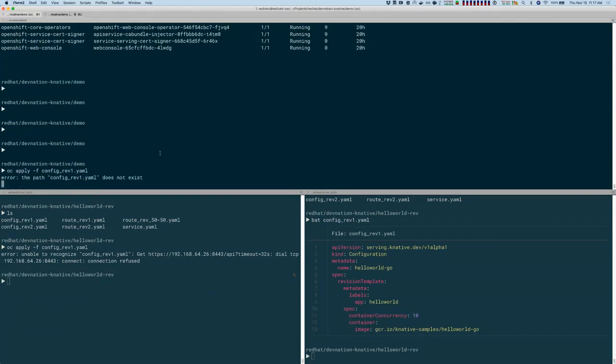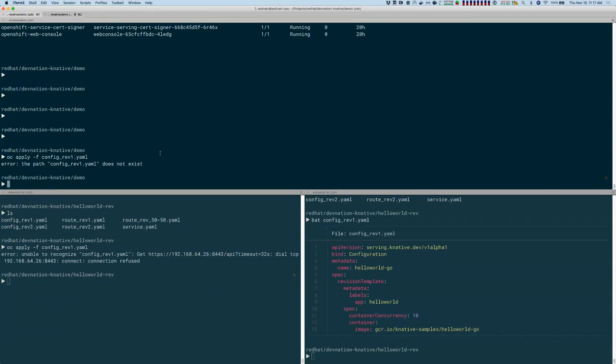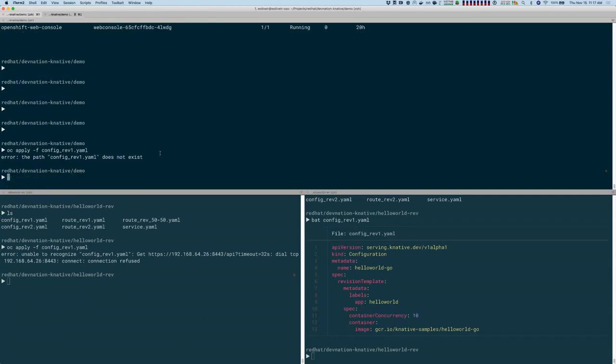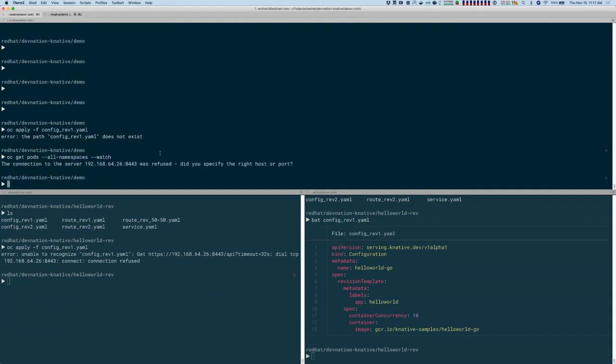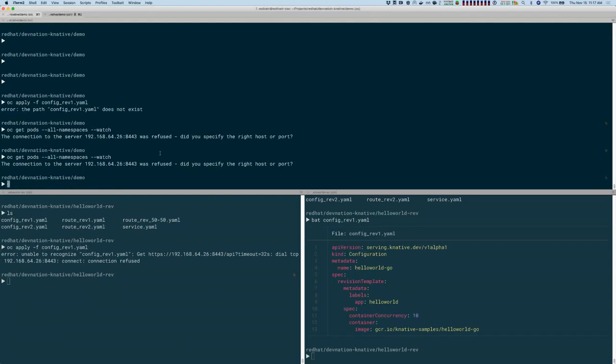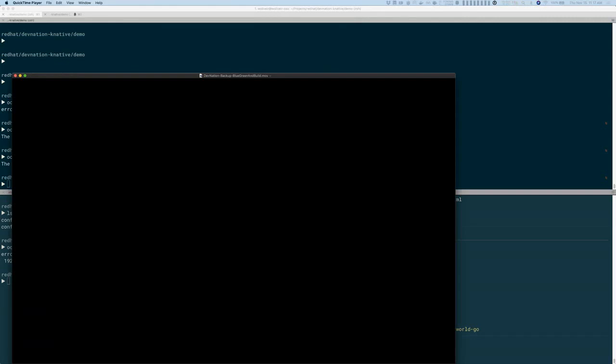Oops, and here I have, oh, not again. I just lost my watch, so let me watch. There you go. All namespaces, watch. So it looks like my minishift is not behaving properly. Bummer. So, okay, let me transition to the video then, which has exactly the same steps